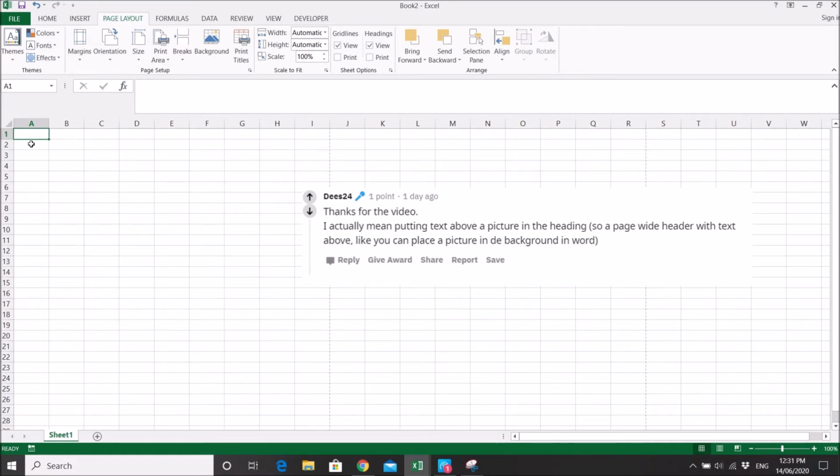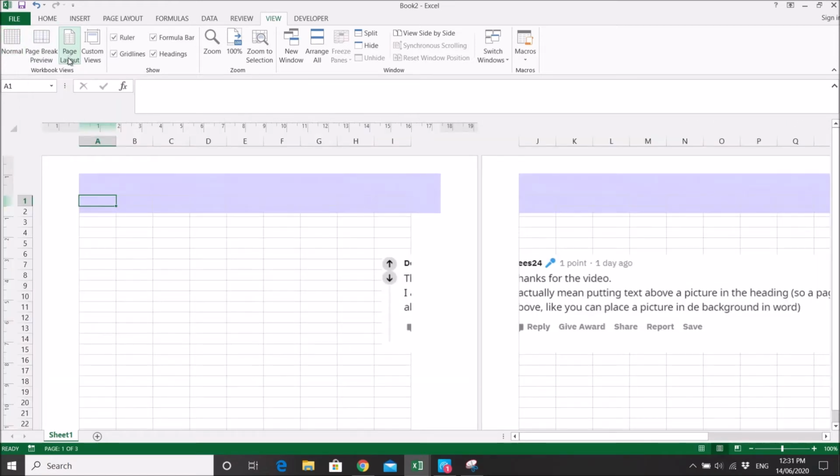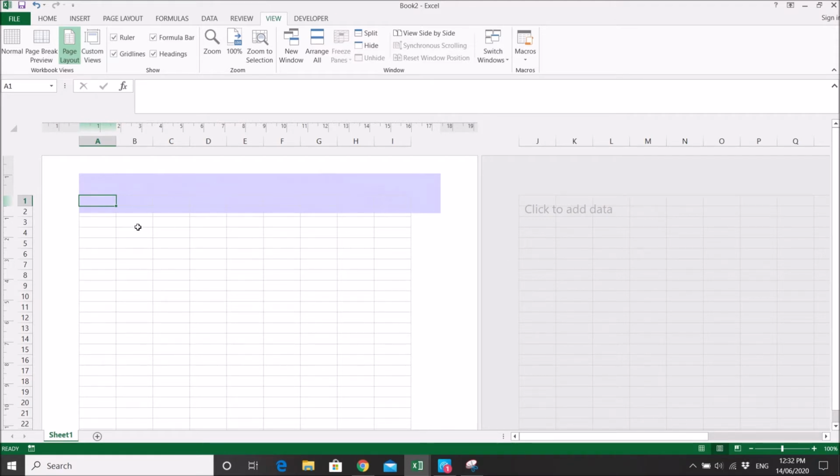Right. So the trick for this is you go to view, right? You go to page layout, right? Now you can see your blue color, right? So the next step is let me get rid of this question. Yeah. The next step is